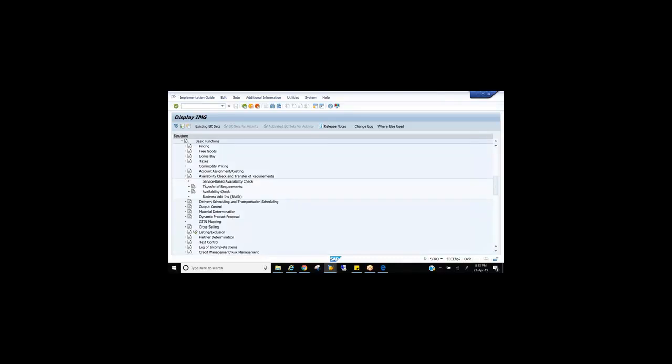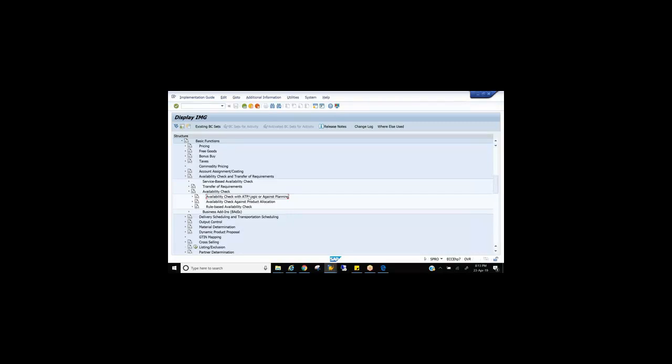And if you see the sample resume that I have shown, in that we would be clearly mentioning availability check hyphen ATP. If you mention that, your interviewer will pretty much know what area of availability check you worked on. Okay, and see, availability check is vast, it's not that vast a concept, but there are people who are working in availability check for the last 5 years, 7 years, only on one concept. SD consultants only on ATP, they are working for the last 5 years.